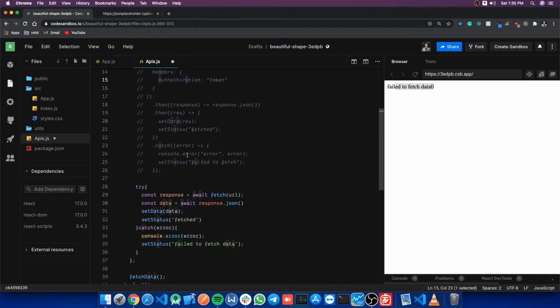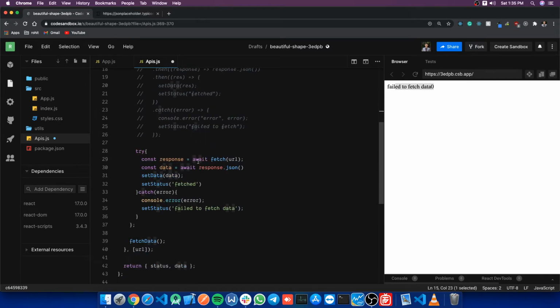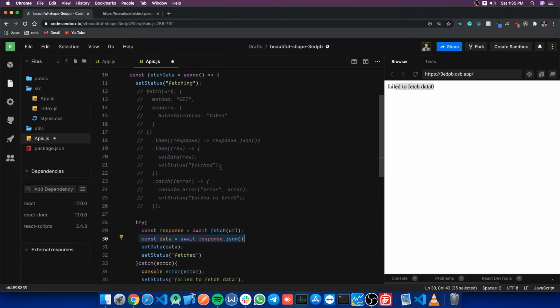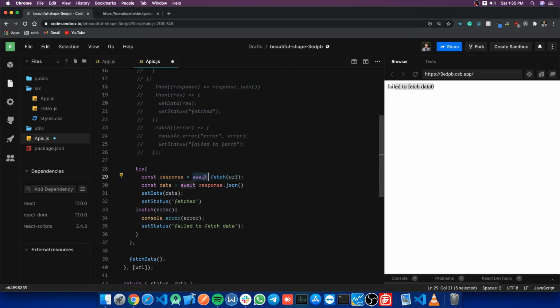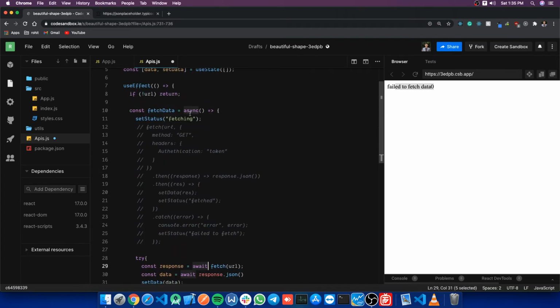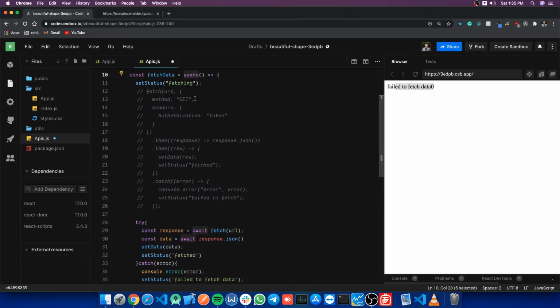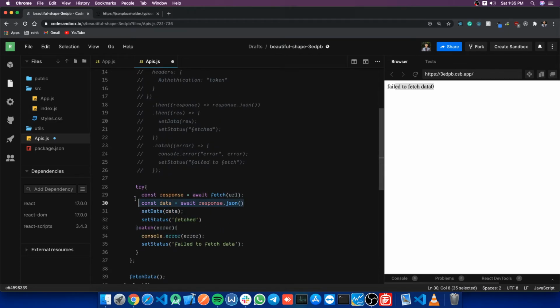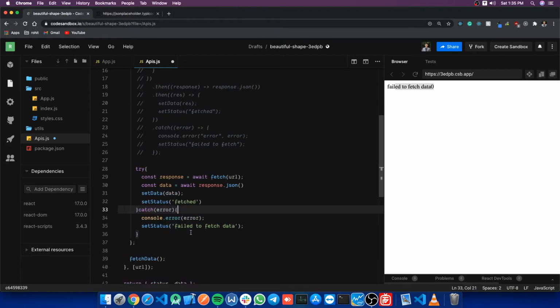But if you are more into ES6, then you can simply write try and catch, and inside of it async and await. But remember, whenever you want to use await, you have to first convert that function to an async function, because only inside of an async function can we call await, and then we get our data, we change the status, and we also catch our error.